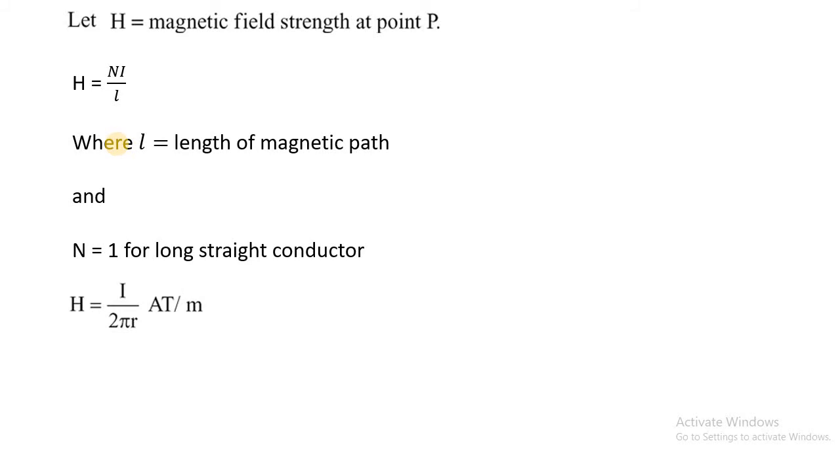So the whole ratio unit is ampere turn per meter. Clearly understood, everyone? Yes, ma'am. Okay, whenever the numerical will come for a long straight conductor, and if they are asking you to calculate capital H, that is magnetic field strength or magnetic field intensity, how will you calculate it? H will be equal to I divided by 2 pi r. And the unit is either ampere turn per meter or ampere per meter.